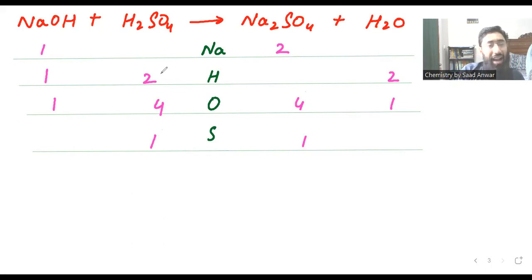So at the reactant side we have one sodium atom less, while at the product side we have two sodium atoms. So put 2 here. When we multiply by 2 here, what happened? Sodiums will become 2. Now sodium is okay, but